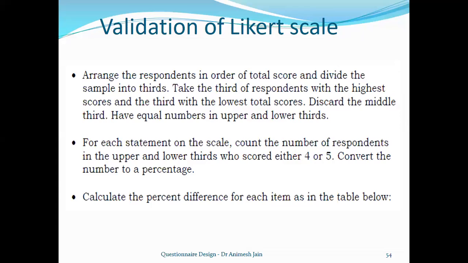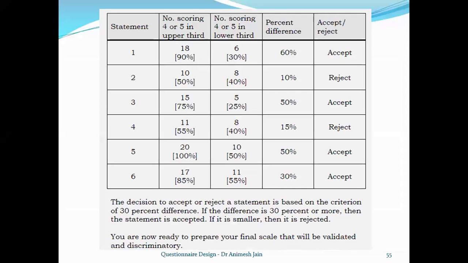Depending on whether it was positive or negative, decide that and then convert that number into a percentage. Once you've done that, you come out with, for each item, that is each statement, a table, which I will be showing on the following slide, and find out the difference between the two in the form of percentage. So for example, for the first statement, the difference is say 90% and 30%, so 60%. Similarly for each of them.